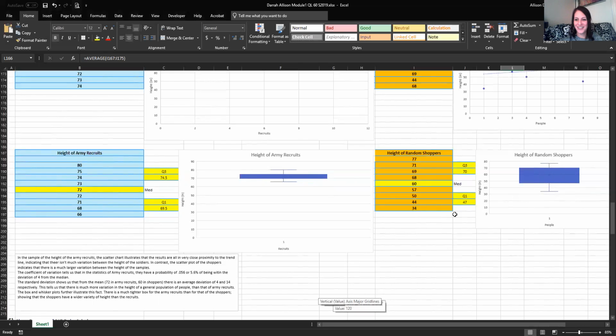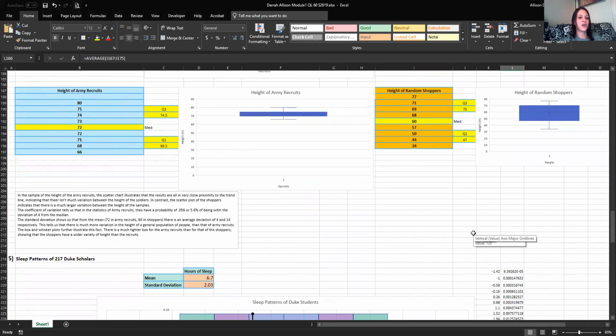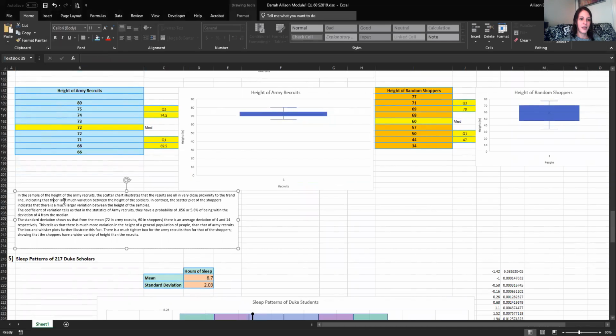Okay, so my report states that in the sample of the height of the Army recruits, the scatter chart illustrates that the results are all in very close proximity to the trend line, indicating that there isn't much variation between the height of the soldiers. In contrast, the scatter plot of the shoppers indicates that there is a much larger variation between the height of the samples. The coefficient of variation tells us that in the statistics of Army recruits, they have a probability of